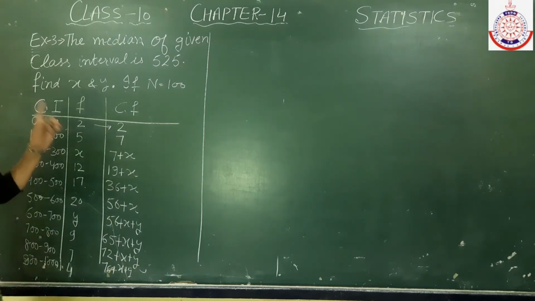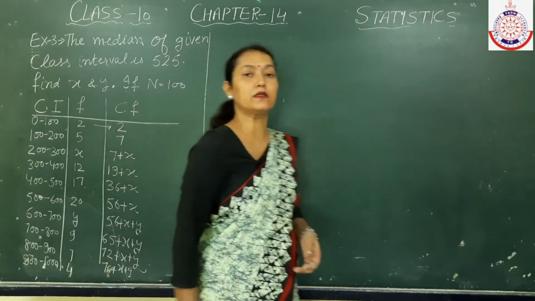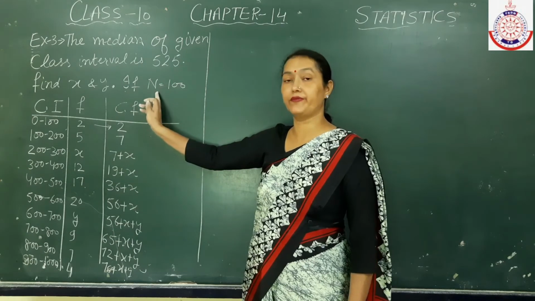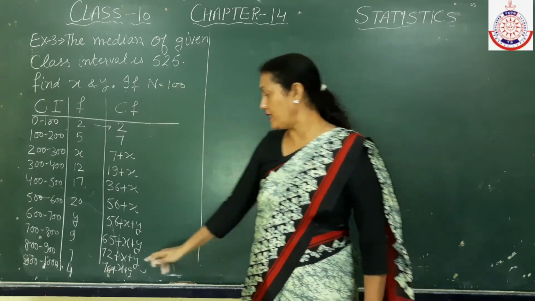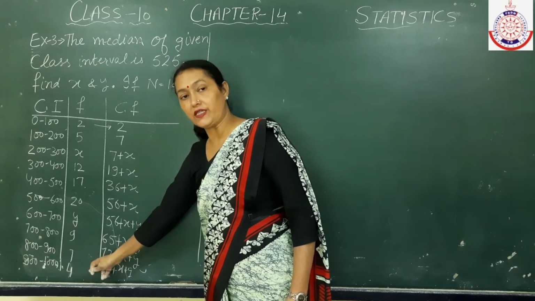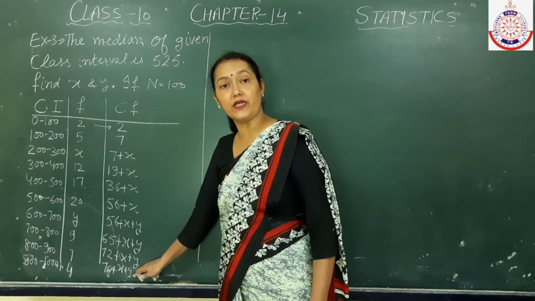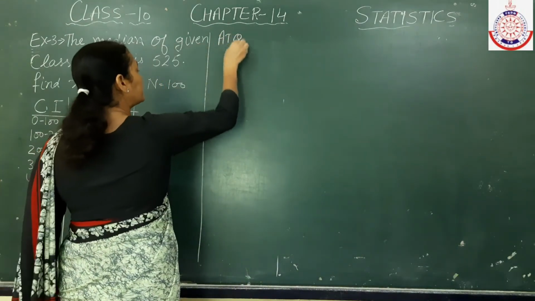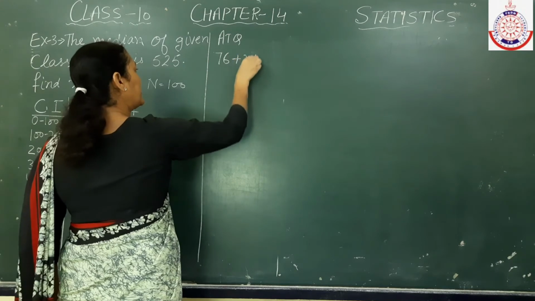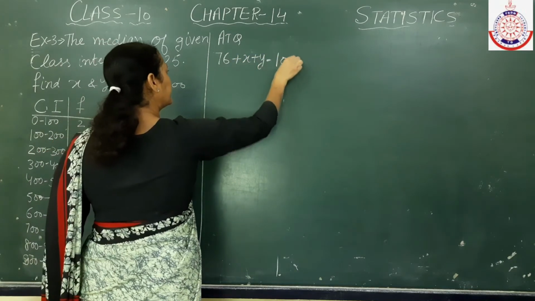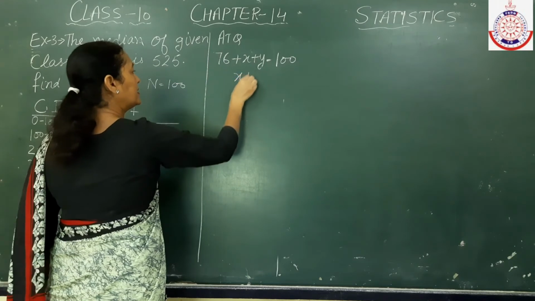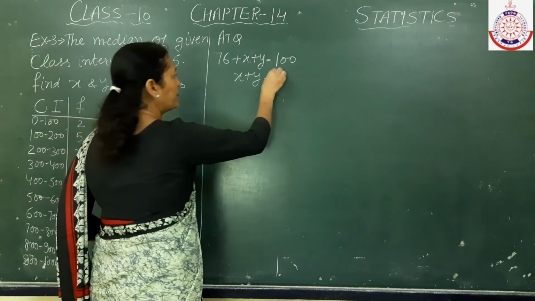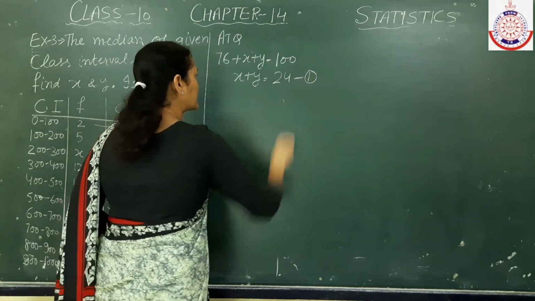Now this question, one thing is median given to us, and second thing is total of frequencies is given to be 100. And I have told in previous questions, whatever we get total of frequency, that should be same as this last entry. That means according to question what we have obtained, the 76 plus x plus y should be equal to 100. So shifting 76 to this side, x plus y, 100 minus 76 will give us 24. So this is first equation.